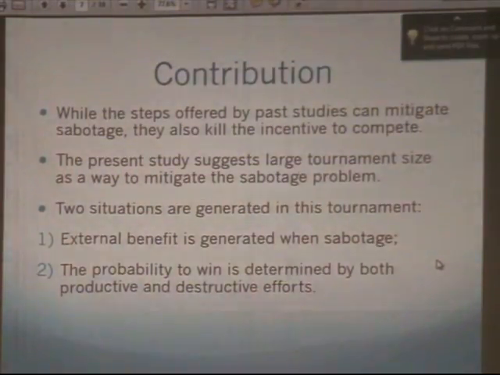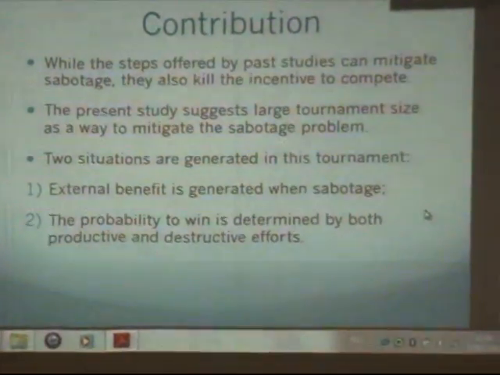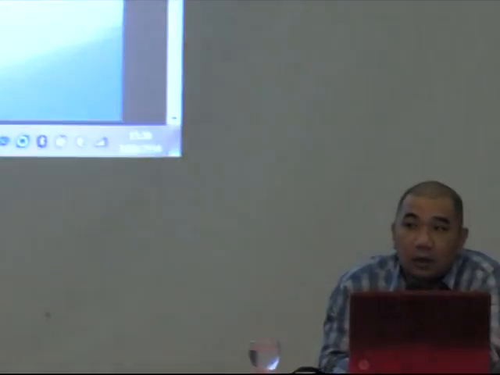One, an external benefit is generated by sabotage. When there are 3 players in the competition, A, B, C, A sabotages B. So B will be kicked out from the competition, right? But C may still win the competition, even though A put in effort in order to kick out B. In other words, putting in sabotage effort creates a public good, which is enjoyed by another competitor. But the cost of the public good is borne by yourself. The second